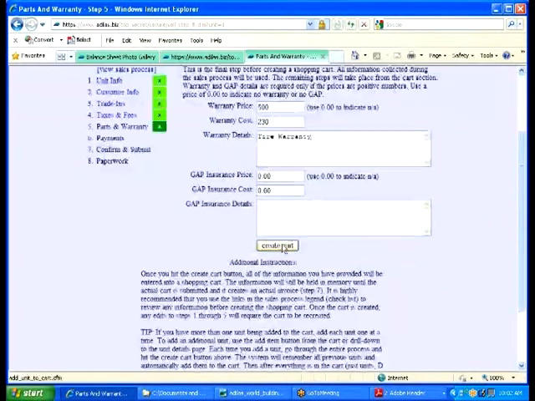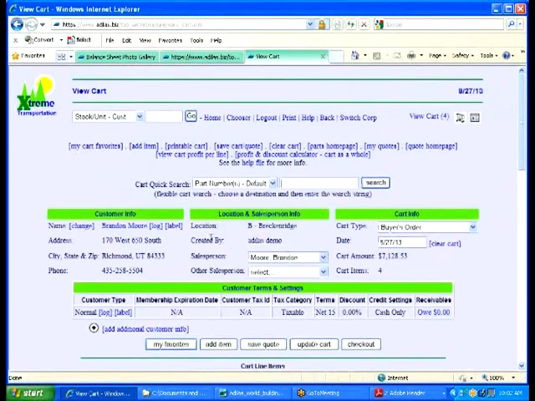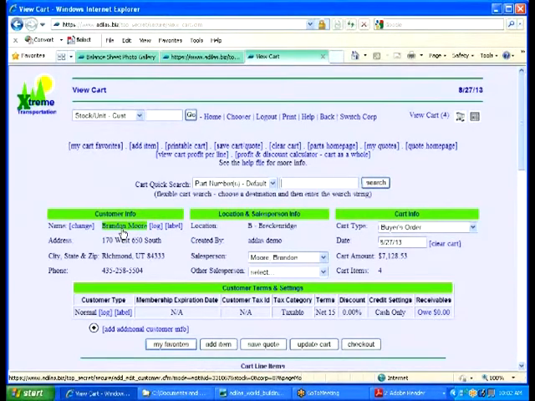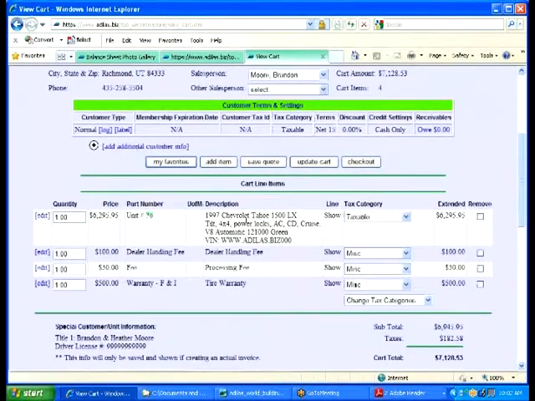And I'm going to say create the cart. So at this point, I have Brandon Moore as my customer. I have my stock unit number 36, which is my Chevy Tahoe. I have some dealer handling, processing fee, a warranty, and now if I wanted to, I can even add other